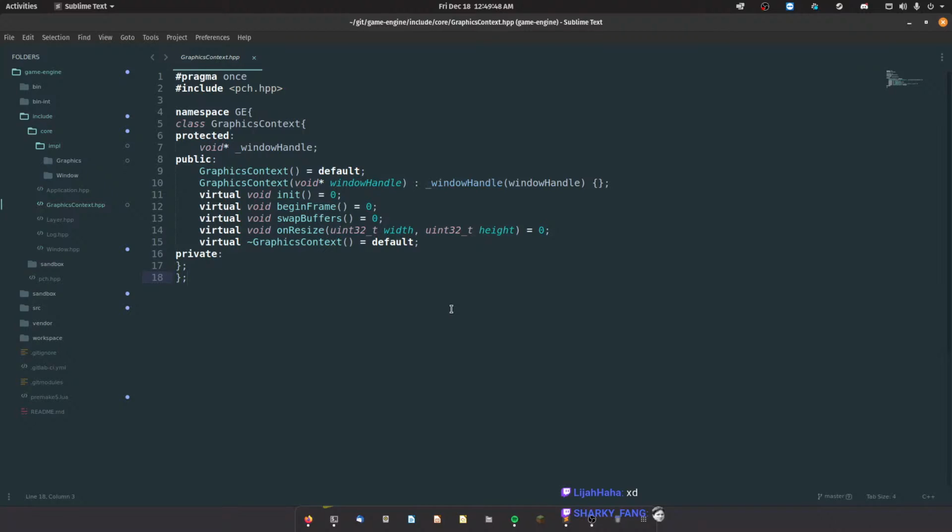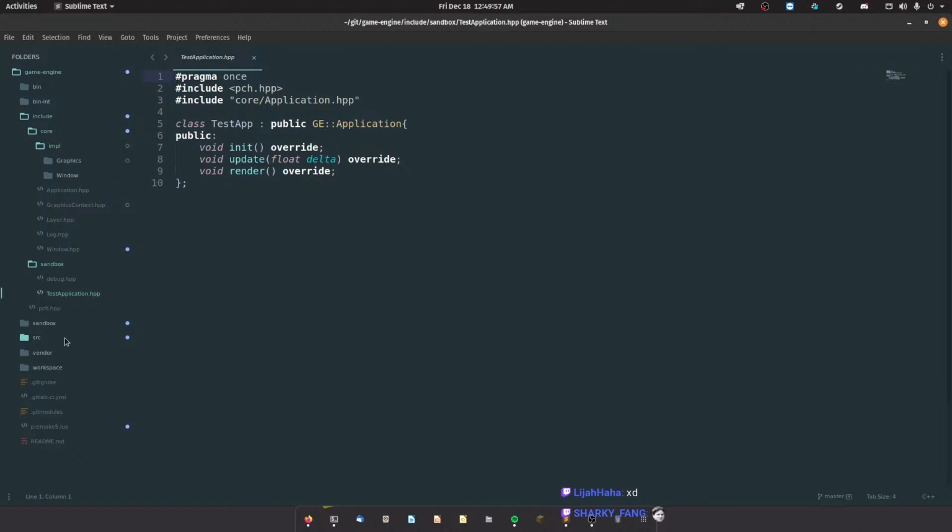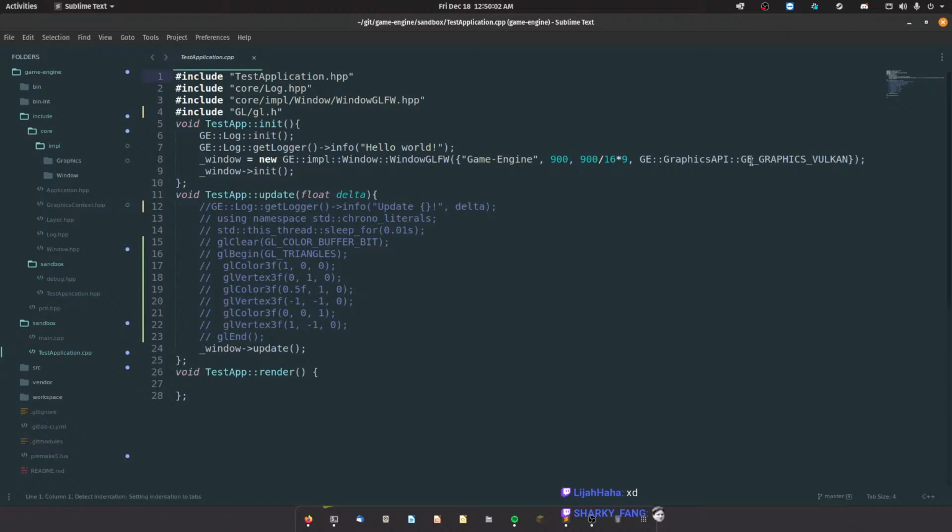But anyways, we have the OpenGL. We implemented the OpenGL and Vulcan, and then once we start an application, which is down here, when we start an application, we can choose whether we can